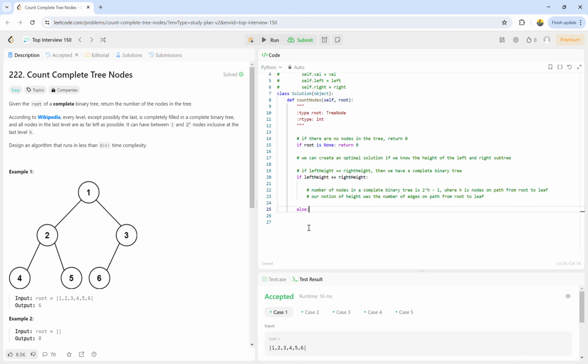Hi, in this video I'm going to go over the solution to the LeetCode problem 222, Count Complete Tree Nodes. We are given the root of a complete binary tree, and we need to return the number of nodes in